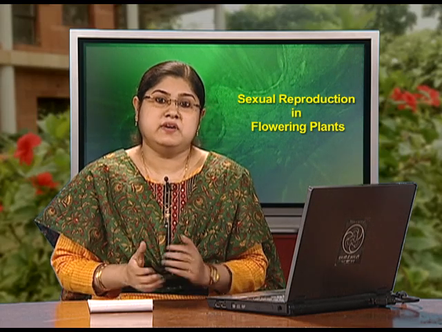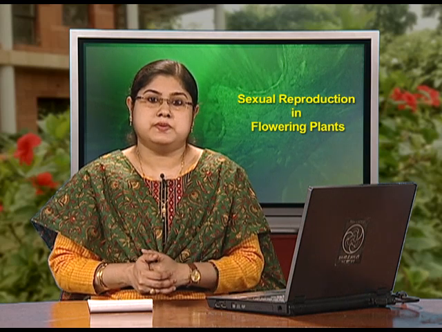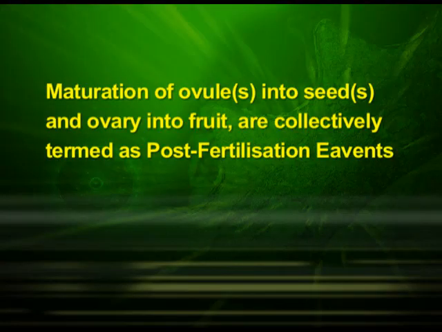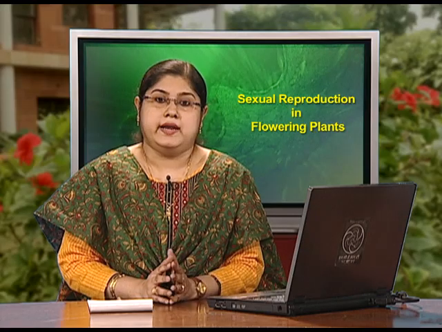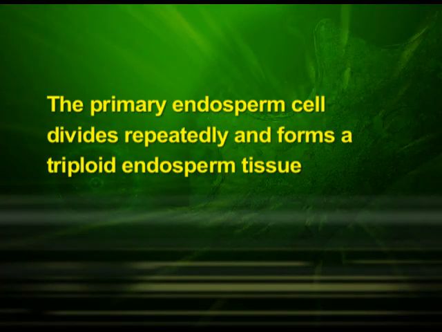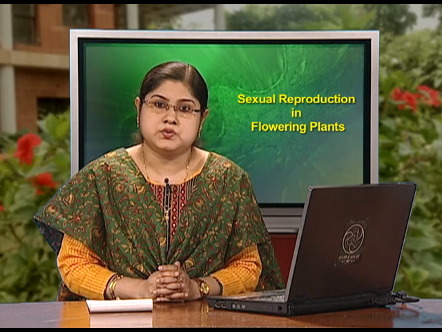Students, after double fertilization, events of endosperm and embryo development, maturation of ovules into seeds and ovary into fruit are collectively termed as post-fertilization events. First, let us discuss the development of the endosperm. Endosperm development happens before the embryo development. The primary endosperm cell divides repeatedly and forms a triploid endosperm tissue. The cells of this tissue are filled with reserve food materials and are used for the nutrition of the developing